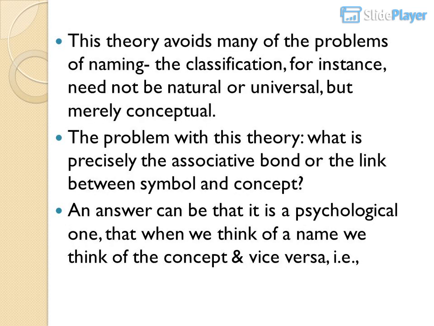This theory avoids many of the problems of naming. The classification, for instance, need not be natural or universal, but merely conceptual. The problem with this theory: what precisely is the associative bond or the link between symbol and concept? An answer can be that it is a psychological one, that when we think of a name we think of the concept and vice versa, i.e.,